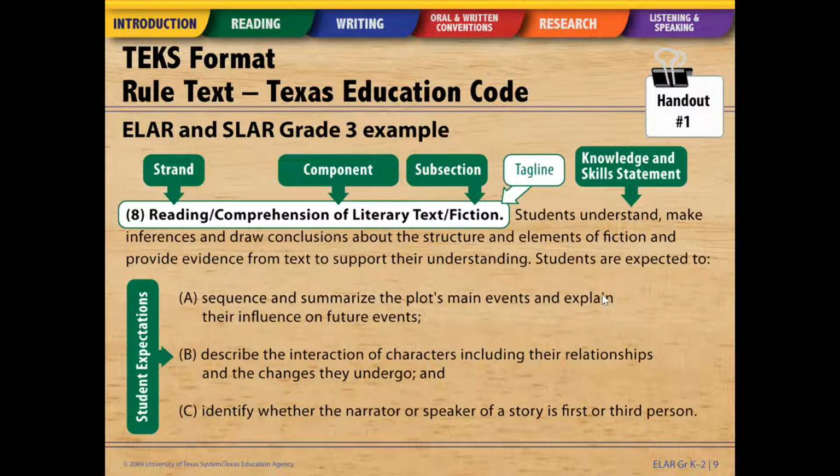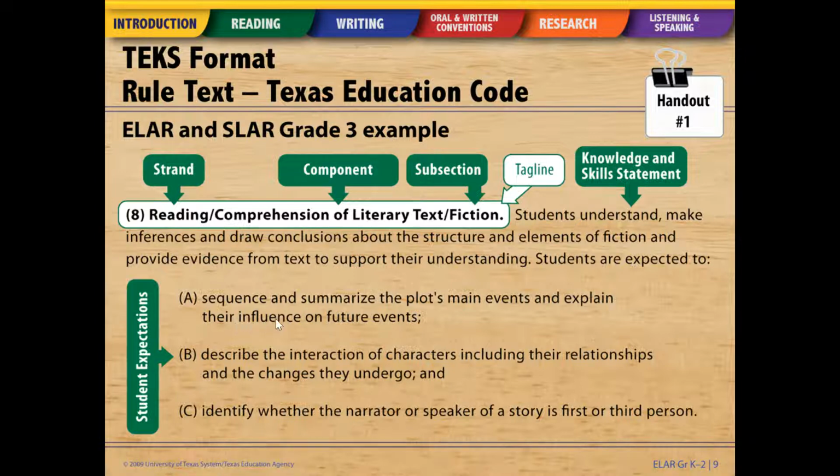What that is saying is that as a teacher, when you teach reading, comprehension of literary text, fiction, at the end of your teaching, your students will understand, make inferences, and draw conclusions, etc. To get there, the students are expected to, for this particular TEK,